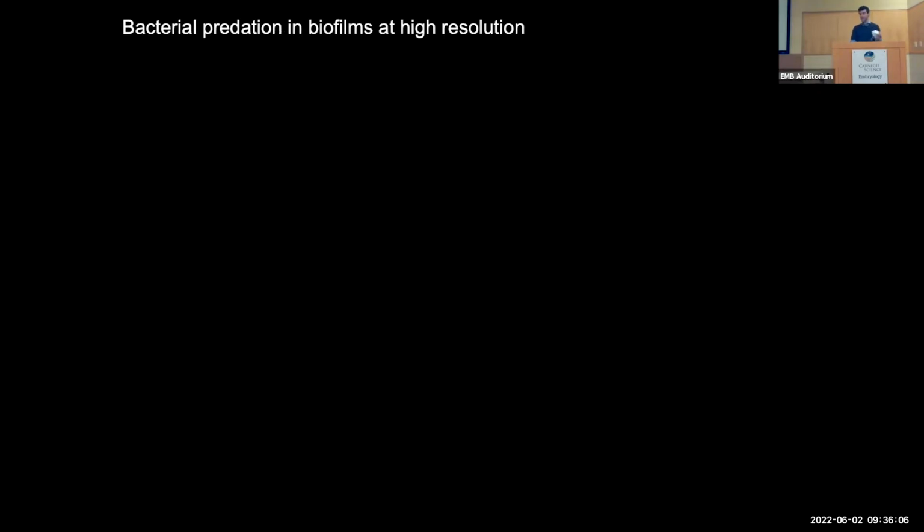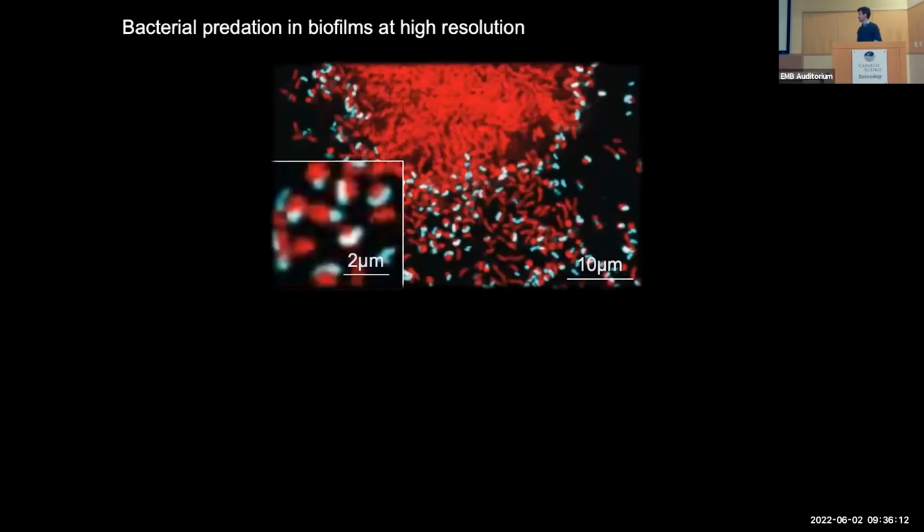If we grow a biofilm of cholera, which is going to be in red, and then we introduce Vibrio bacteriovorus, which is going to be in cyan, we see this. And obviously there is some successful predation. You can see that in the overlap of the predators and the prey. They also round up, which is called a bdelloplast, as the host cell wall is modified. So we see predation. So the predator can kill cholera, and we see that happening around the periphery here,